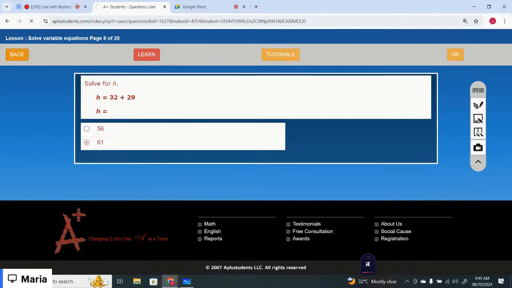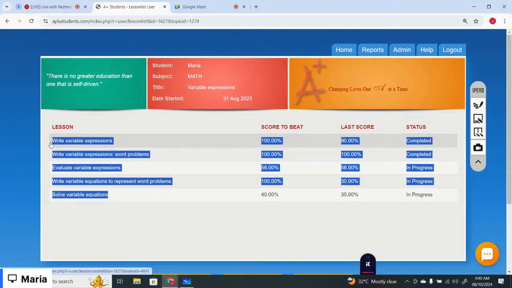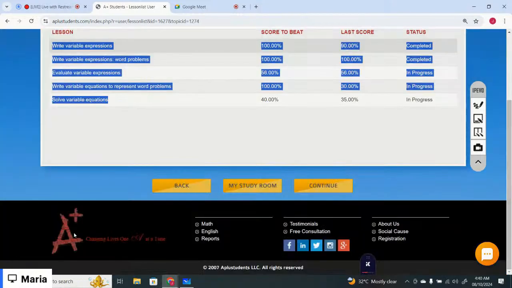Okay, you can complete the lesson by yourself later today. So we were working on grade 4 math. The chapter we were working on is variable expressions. The lessons we have covered today are write variable expressions, evaluate variable expressions, write variable equations to represent word problems, and solve variable equations. So please make sure before the next session you complete all the practice questions for the